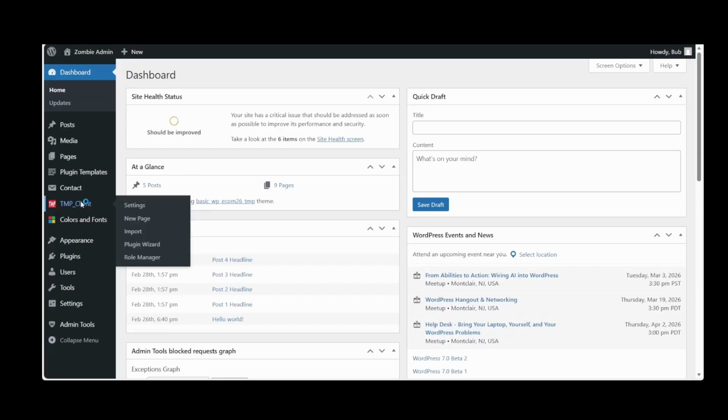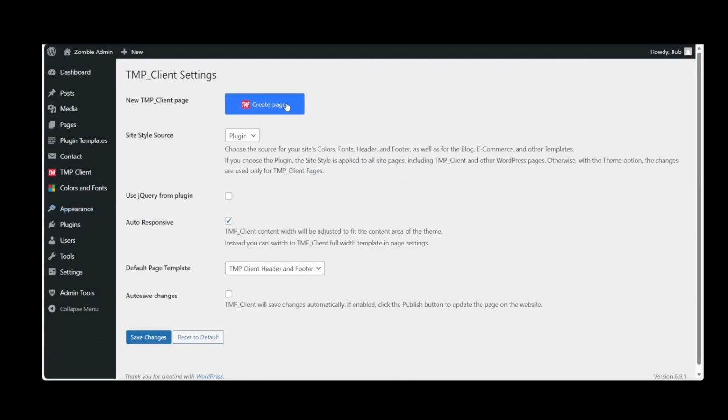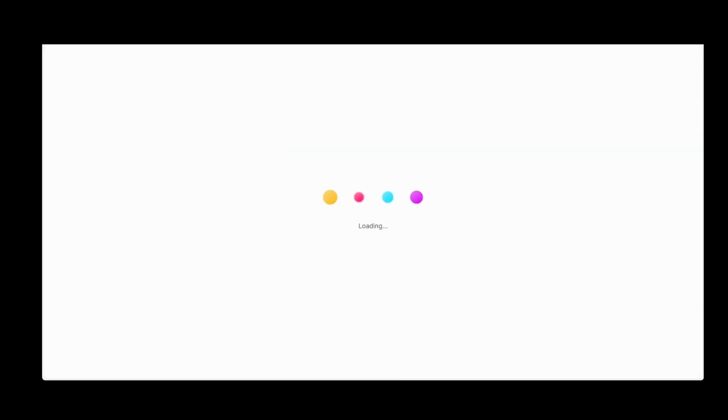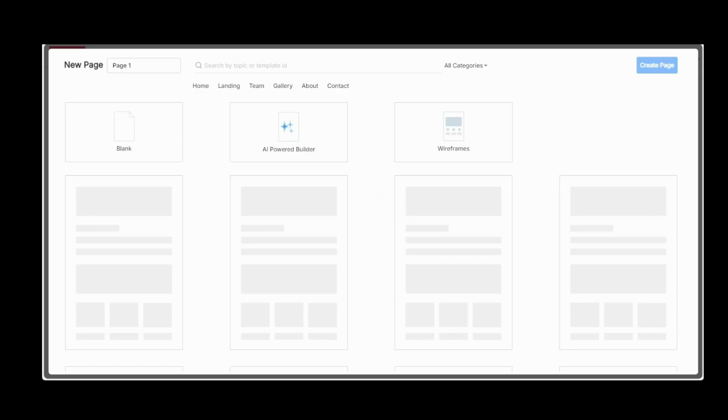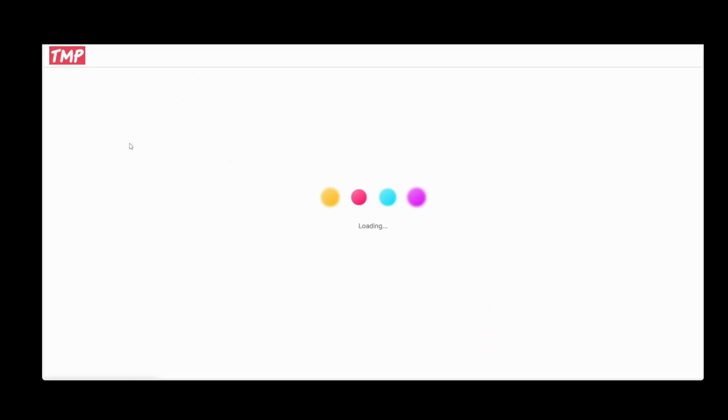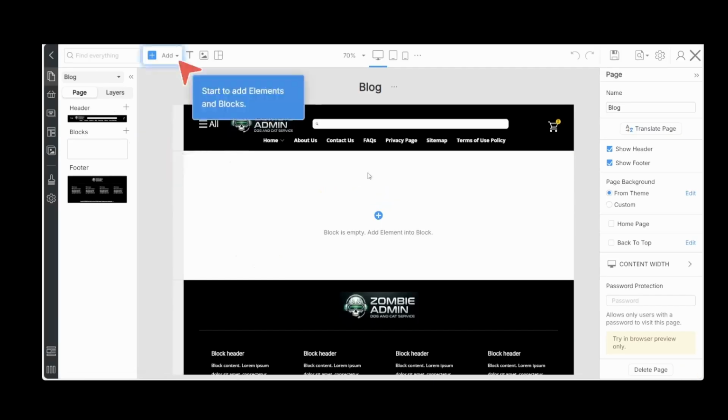Go to TMP client, go to create page, and it's going to authorize, and it is loading. We're going to name this blog. We're going to create blank page. We're going to add back to top.